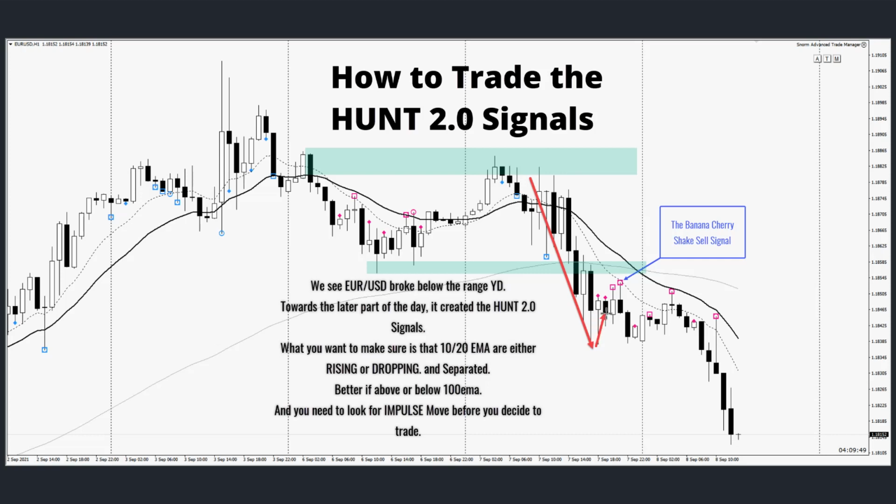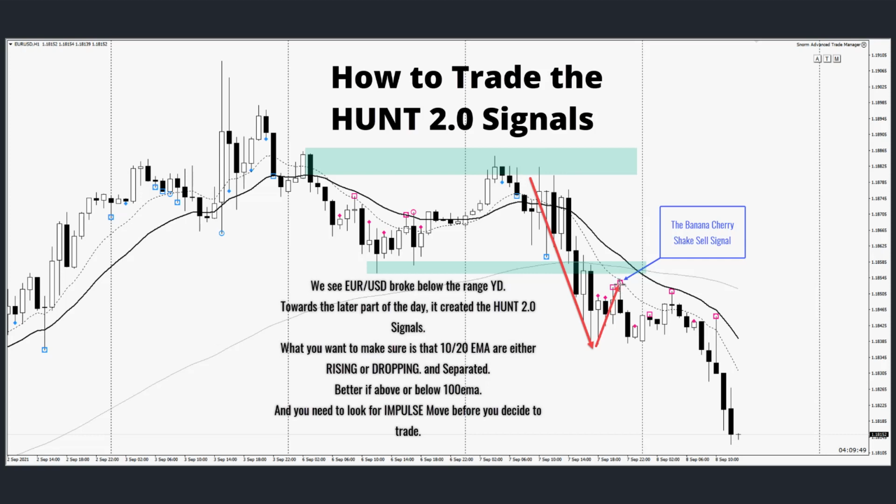So the seed candle here, it's a bit too early, and this one got wicks. So these have wicks as well. This has wicks. This you could have put a pending order below this because it's a bear candle, but it still has a wick. I like it to touch the 10 EMA. In this case, I had a pending order on this, and then when this one happened, this is the banana